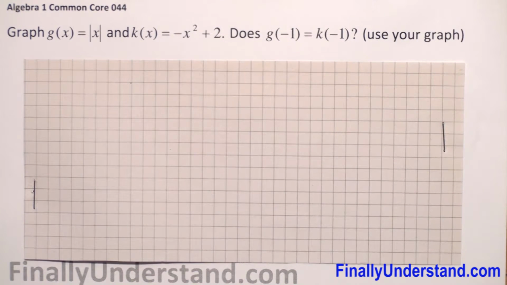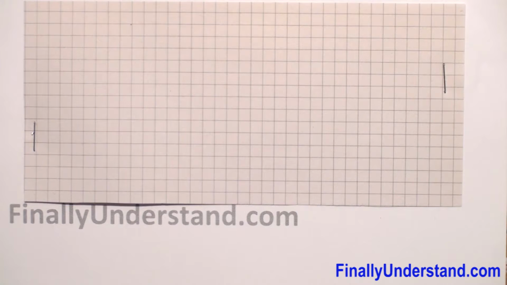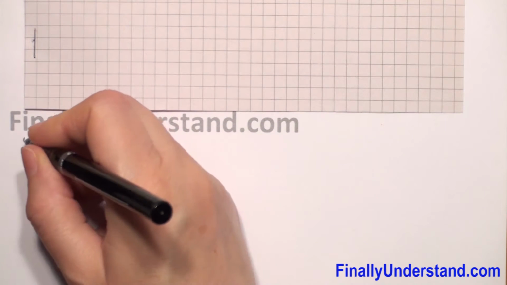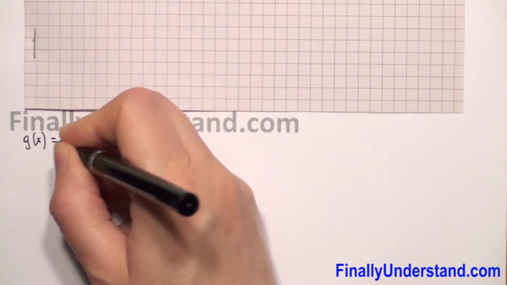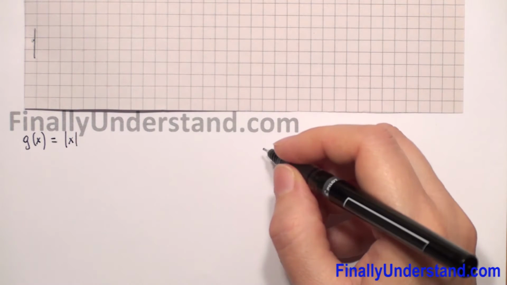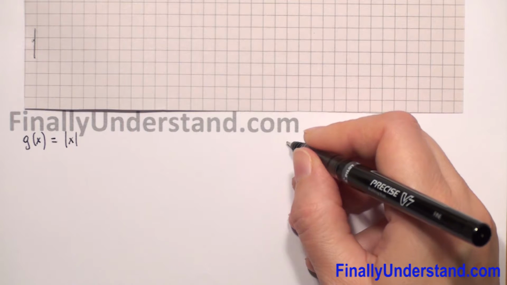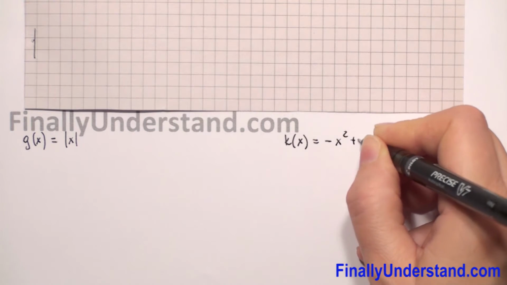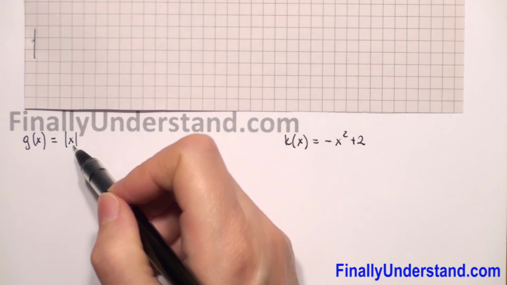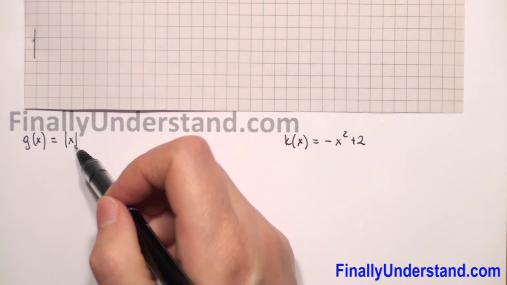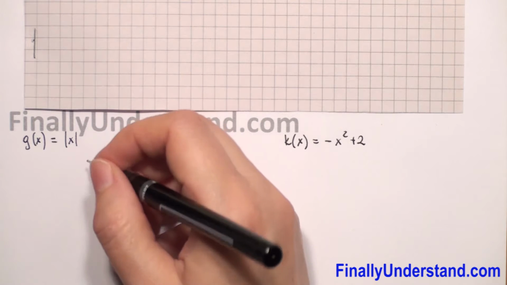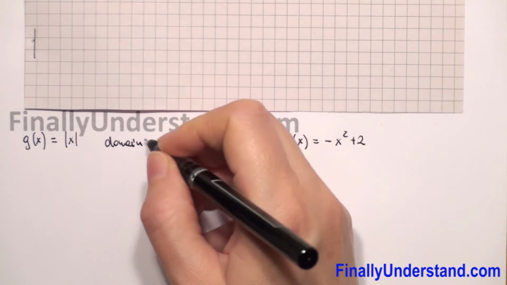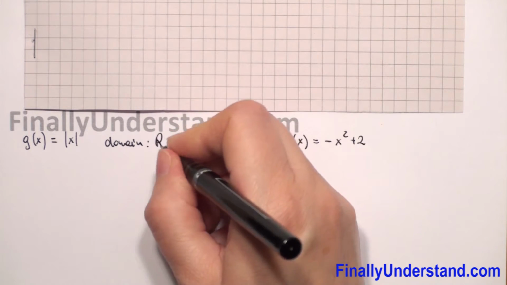So let's build the tables, two charts, because we have two functions. First is g of x equals absolute value of x, and the second is k of x equals negative x squared plus 2. We have absolute value of x. We can take the absolute value of every real number. So the domain is all real numbers,